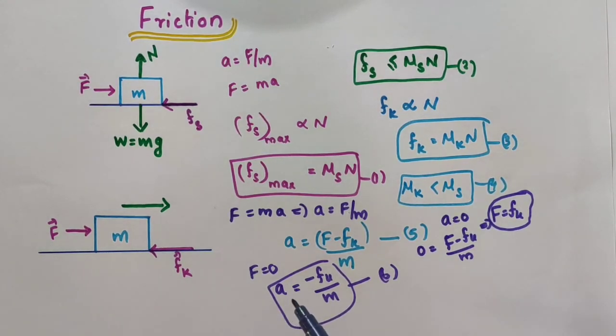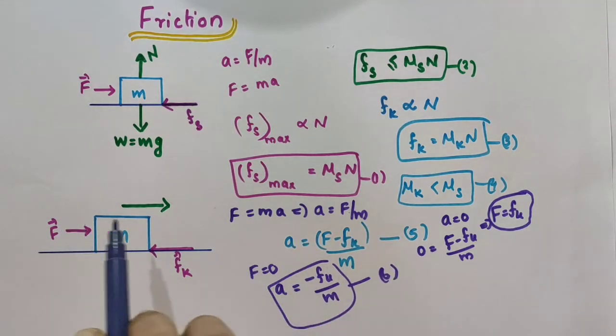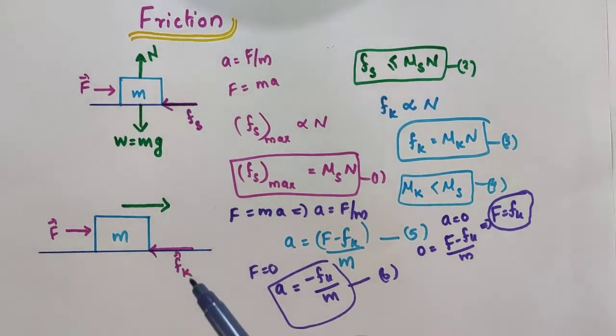Here acceleration is negative now. What does it mean? It means that the velocity decreases with time. Now there is no external force acting on the body, so its velocity decreases and eventually the body comes to a stop. When we stop applying that external force, the ball will move for some time on the horizontal surface of the ground, or whatever that surface is, but eventually it comes to a stop. Eventually it comes to a state of rest.